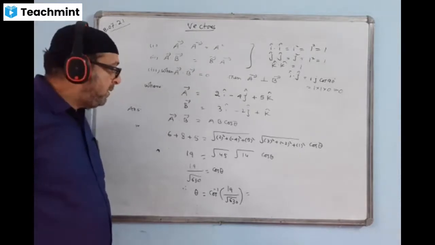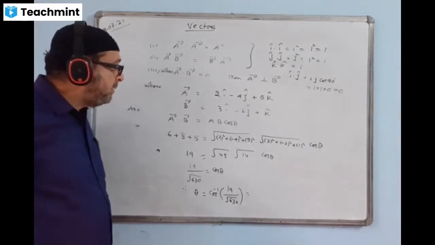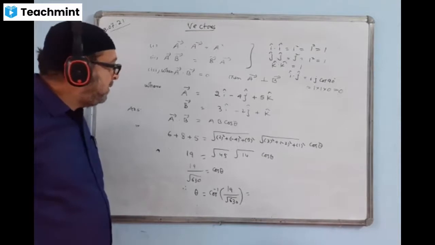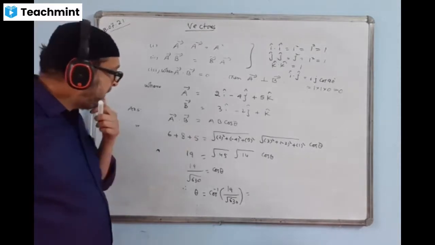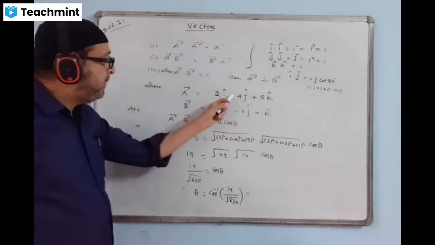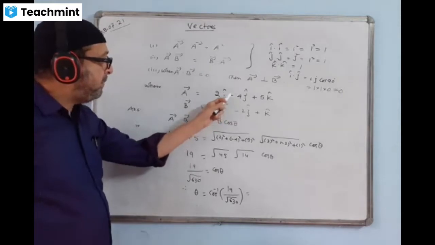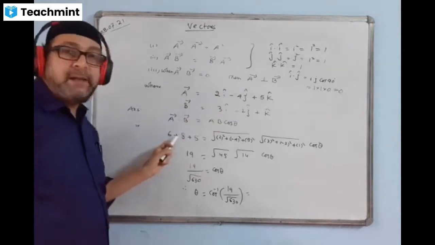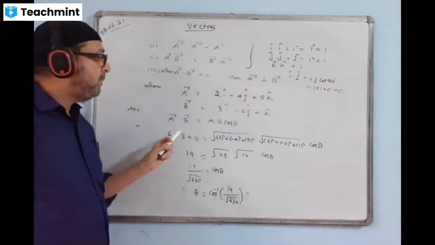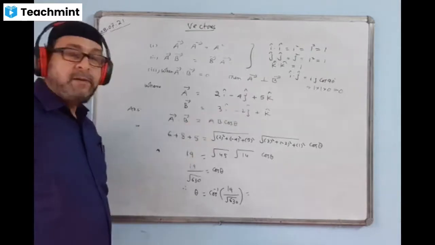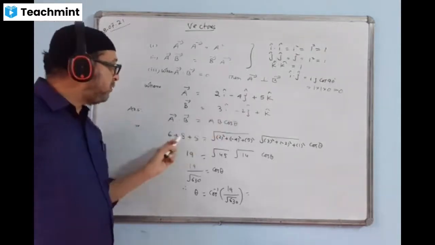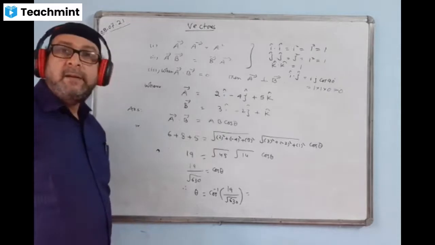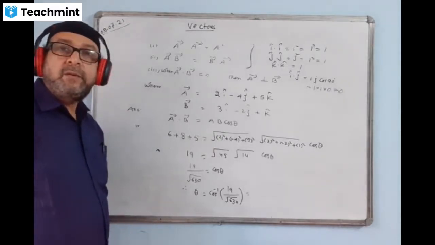Yes, sir, 6 plus 8. That plus came from, sir, 6 plus 8, no? That plus came from minus 4 into minus 2. Yeah, minus sign times minus is plus. Multiply the sign also. Yes, sir. Multiply the sign, minus times minus is plus. Yeah, please do clarify. That's very good.